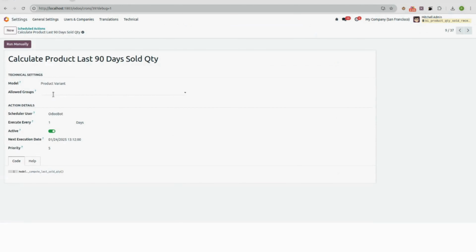So we will go into calculate product last 90 days sold quantity, and we will run it manually. Same we will do for calculate product last sold received date. Then we will do it for the template last 90 days sold quantity, and the template last sold received date. Once we complete this action with all the 4 actions,